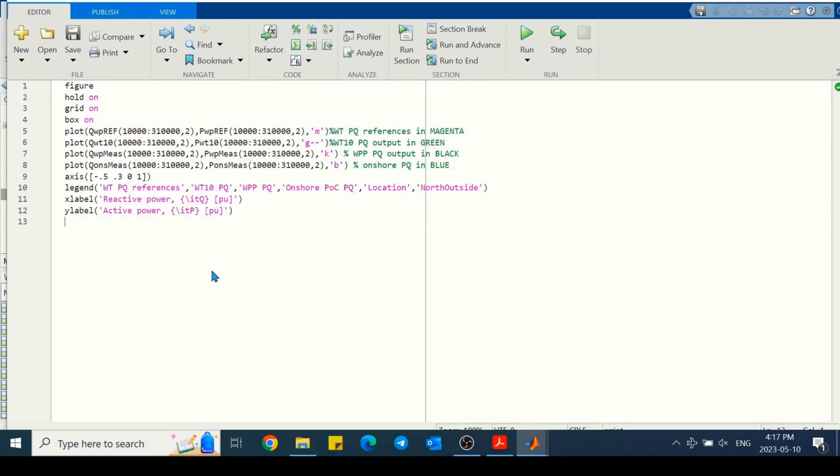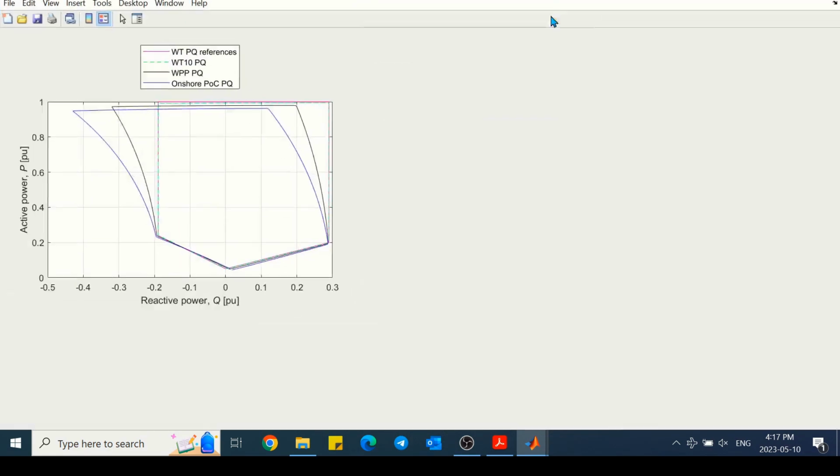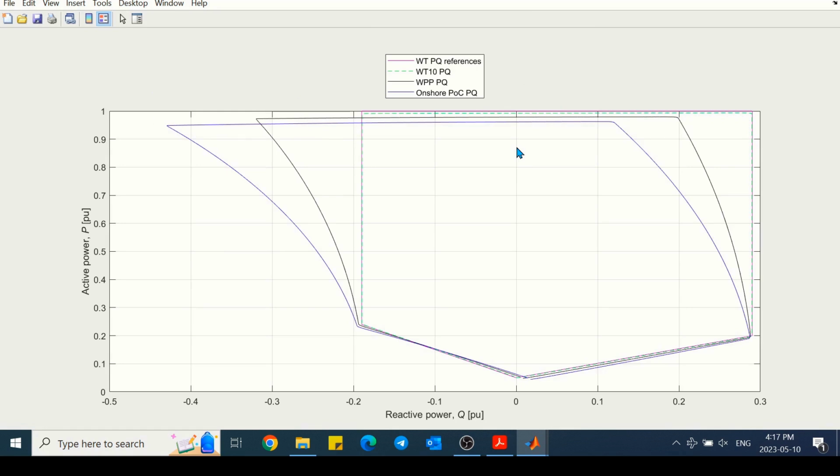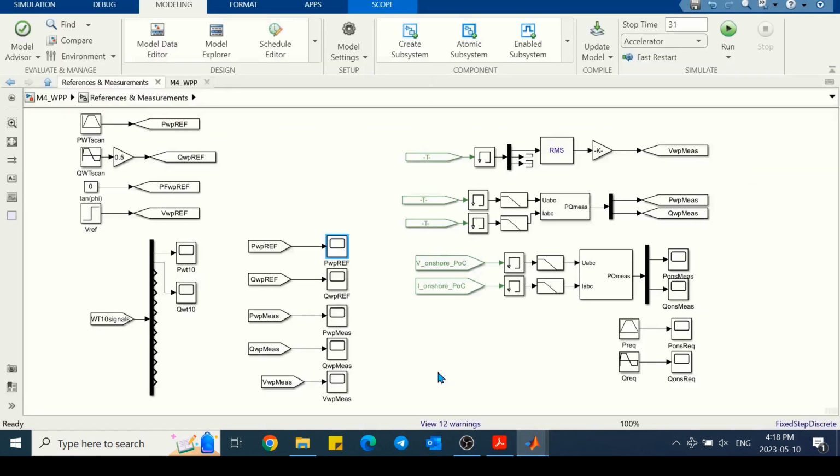After running, we get the PQ chart for wind turbine reference and wind turbine 10, which we are getting the signals from, and also wind power plant and onshore point of connection. The Q range here, you can see that is reduced with respect to the previous module, and that is again because of the reference for reactive power. Also, another point is that the active power of the wind turbine is a little bit less